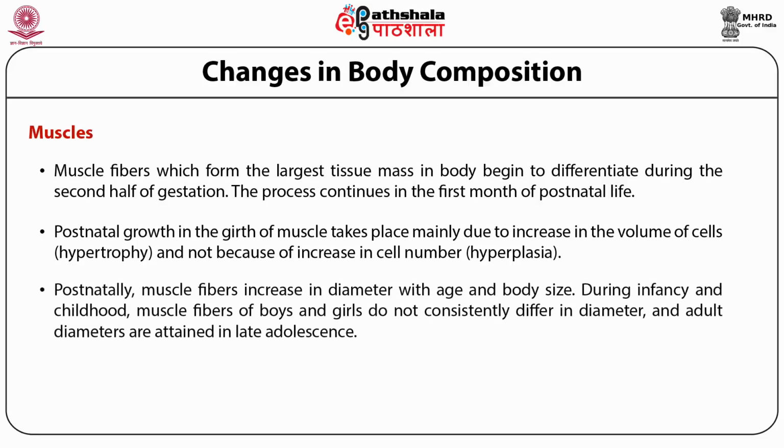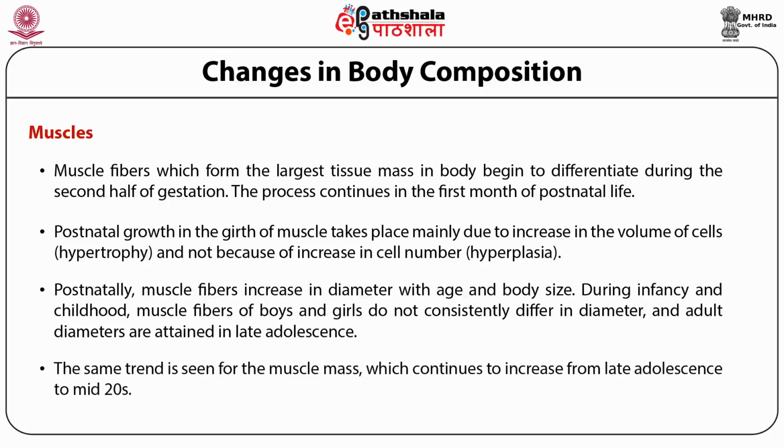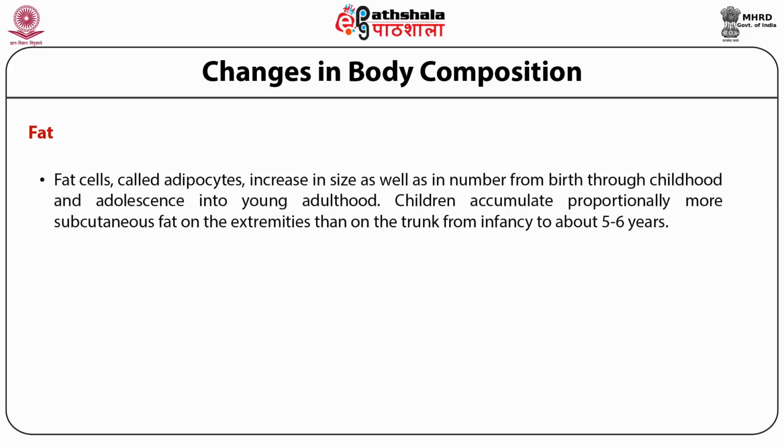Postnatally, muscle fibers increase in diameter with age and body size. During infancy and childhood, muscle fibers of boys and girls do not consistently differ in diameter, and adult diameters are attained in late adolescence. The same trend is seen for the muscle mass, which continues to increase from late adolescence to the mid-20s. Fat. Fat cells, also called adipocytes, increase in size as well as in number from birth through childhood